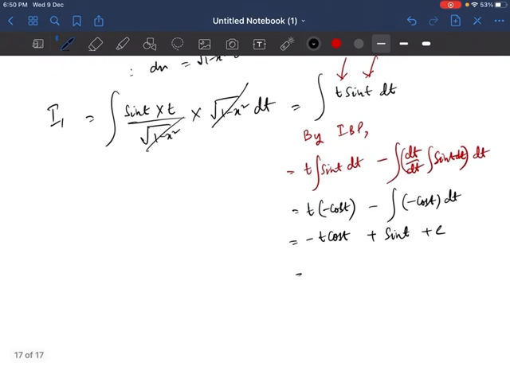So I will write here minus t cos t, it won't be t, it will be sine inverse x cos sine inverse x, then we have plus sine of sine inverse x plus c. Now let us simplify this one, cos of sine inverse x. How do we write this one as? So cos of sine inverse x can be written as minus sine inverse x,